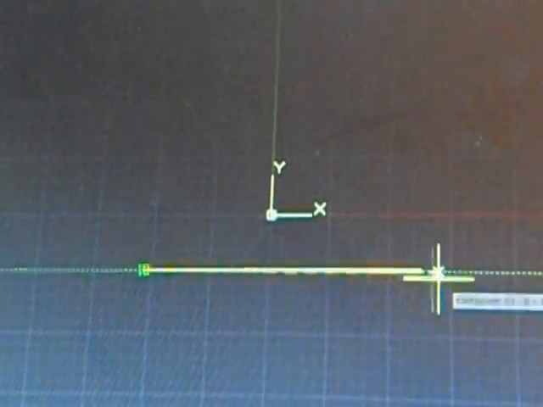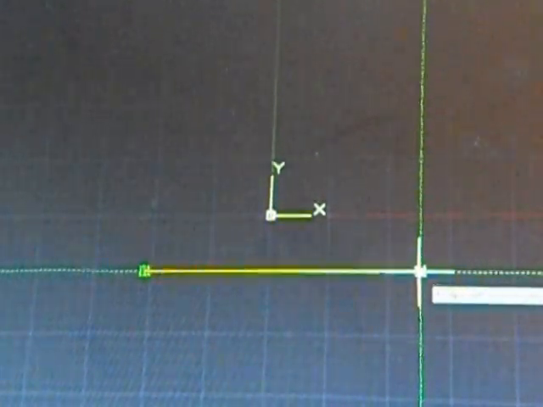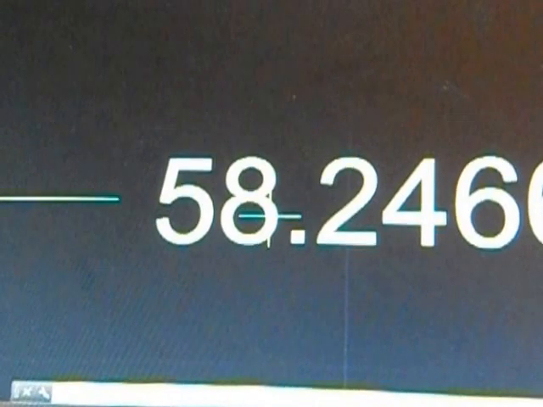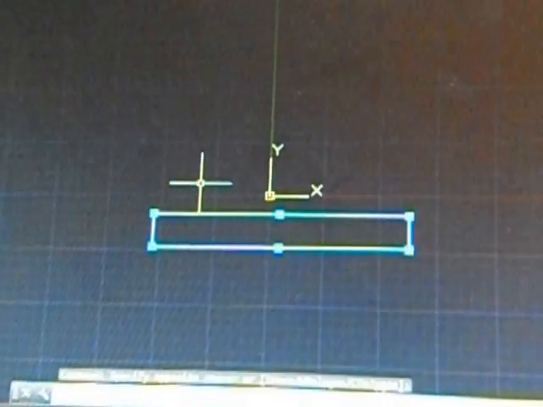You want to select the ending point of a line where there will be the green, and you want to stretch it up. This will show you the length of a line. It is small because I had not set its length. It can be bigger. If you want to make this bigger, you want to press D enter.